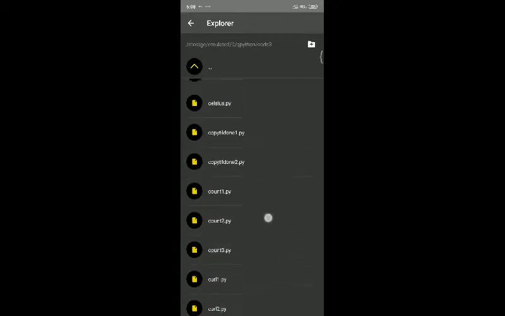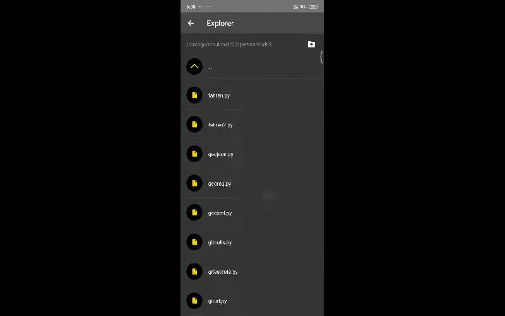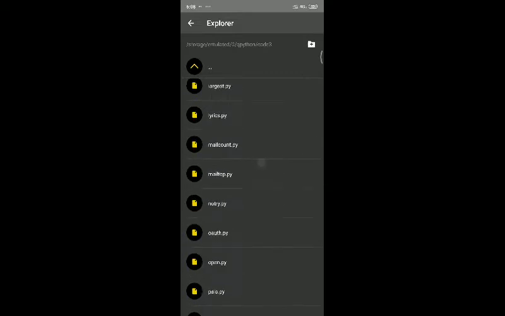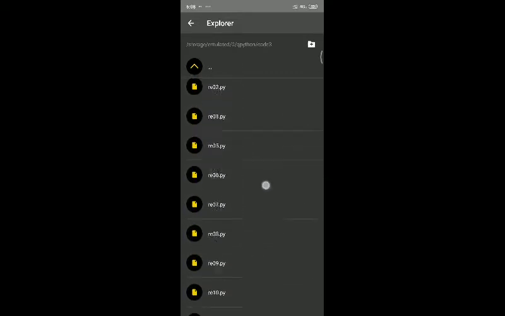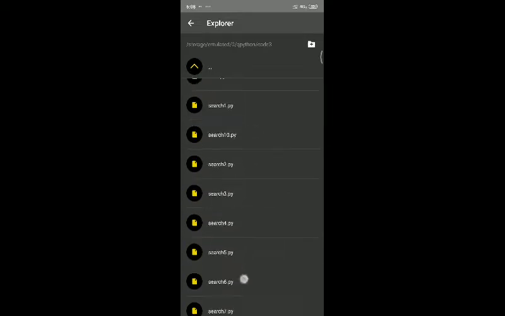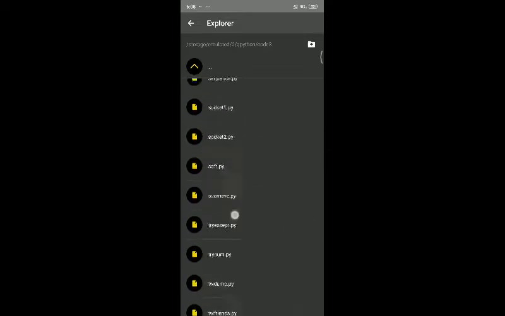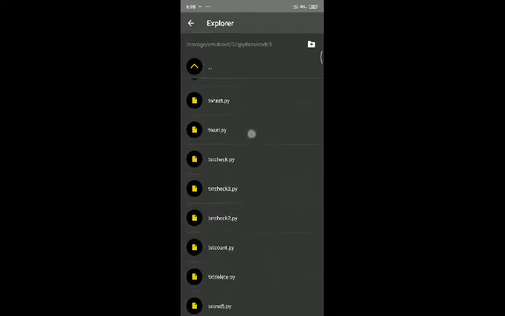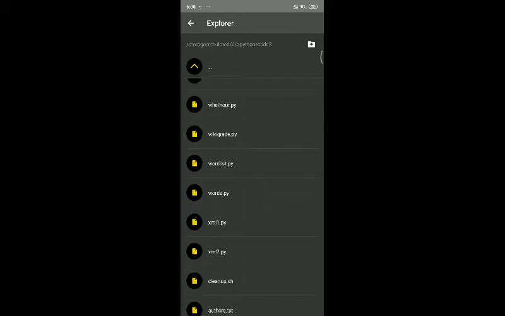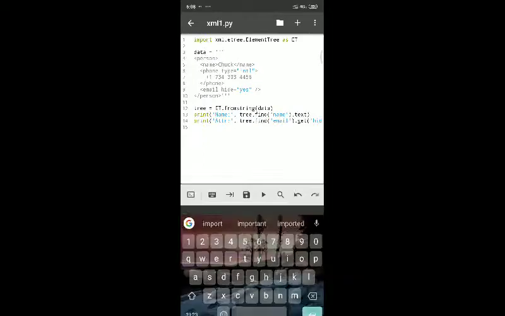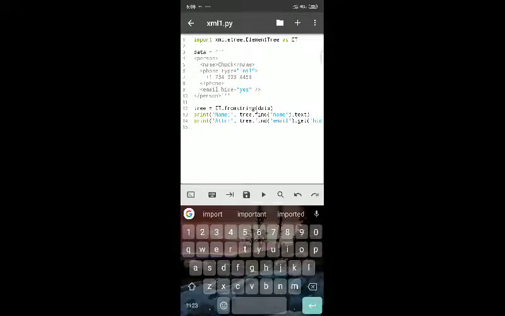Now I'll directly go to xml1.py. Here it is. Have a look at this. How it is written, as I said: xml.etree.ElementTree as ET. Now the data is written in triple quotes.